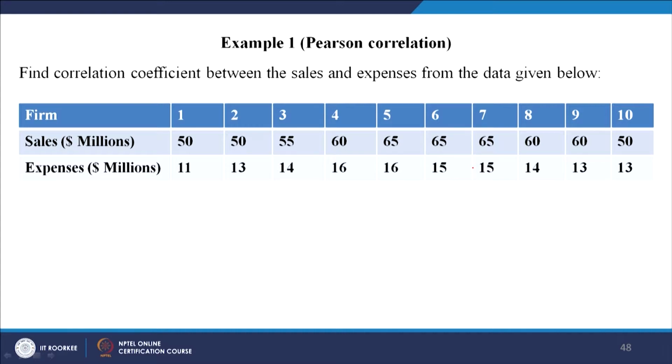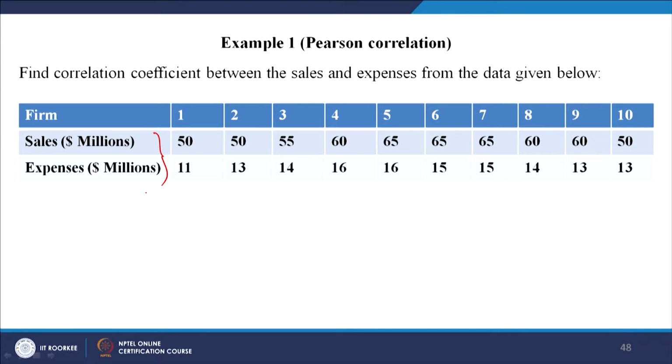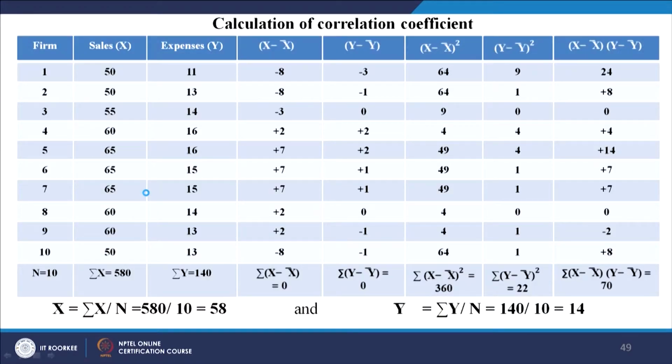Now, I am interested to know what is the direction of the relationship. Is it a positive relationship or negative relationship, or there is no relationship, and what is the degree of intensity of the relationship, how strong is the relationship. To do this we will not do a covariance, we will do a correlation in this case, and luckily these have the same units also. So, let us see how we go about it.